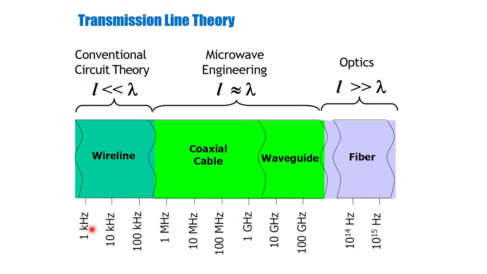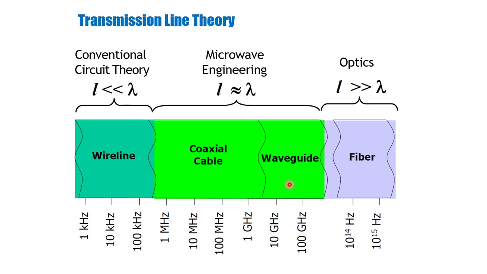Okay, and these are realized by the wire line or twin-type wire line transmission line. So if the lambda is high, then the length of the wire will be small and the signal will be limited to 100 kilohertz. Then next, if the frequency increases from several megahertz to 100 gigahertz, then you can go for coaxial cables or waveguides, because in that case lambda is comparable to the length. So we can use longer transmission lines which are comparable with the lambda distance.